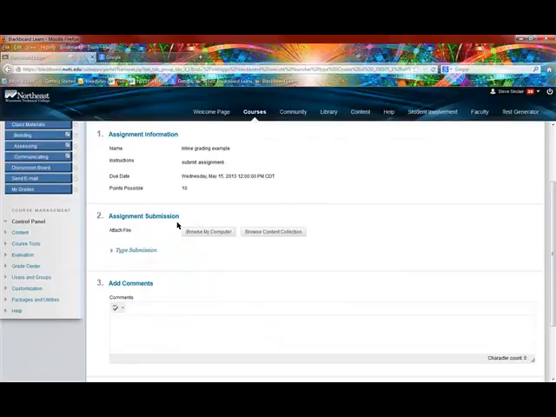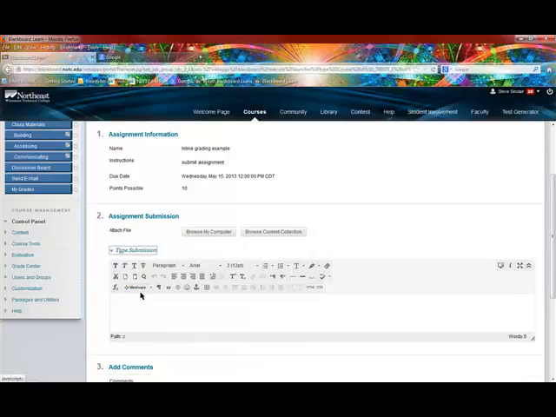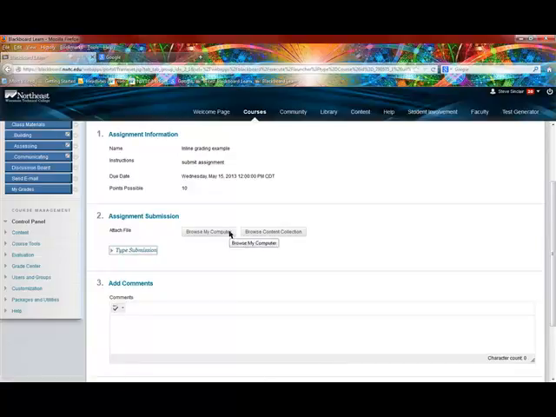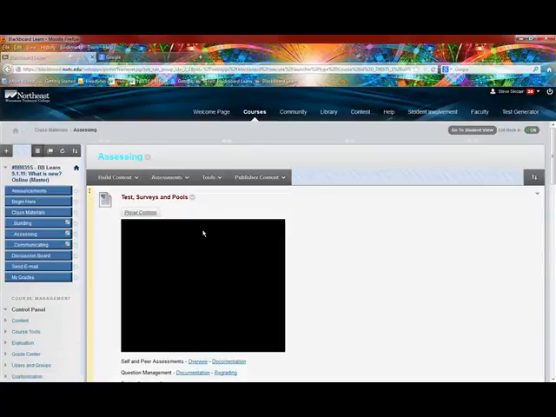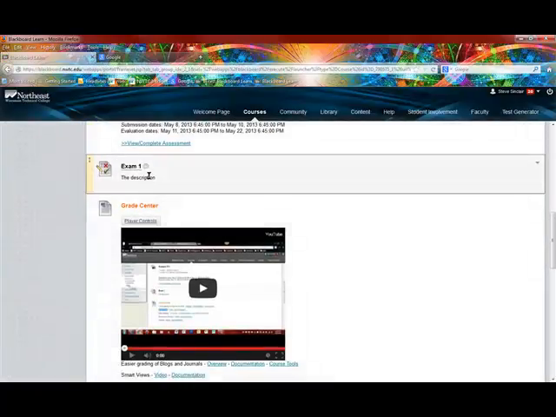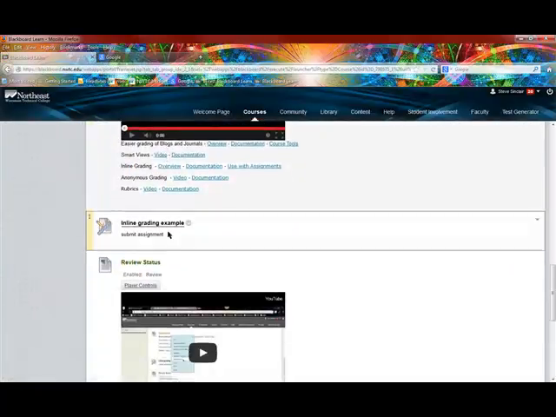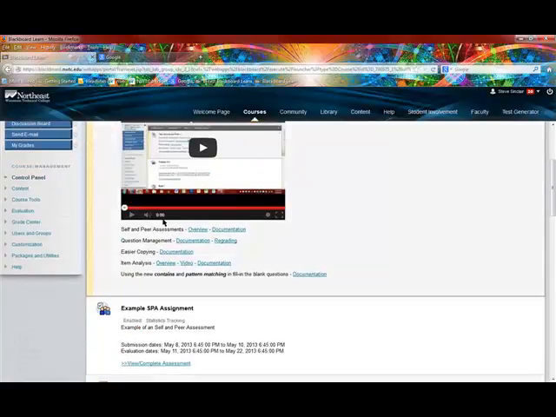They have to make sure that they do the attachment other than just typing in information. If they type in a submission, then the inline grading function does not work. They have to actually attach their file, a Word document, PowerPoint, Excel, or PDF file. And then once they attach that file into that particular assignment, then when you go into your grade center